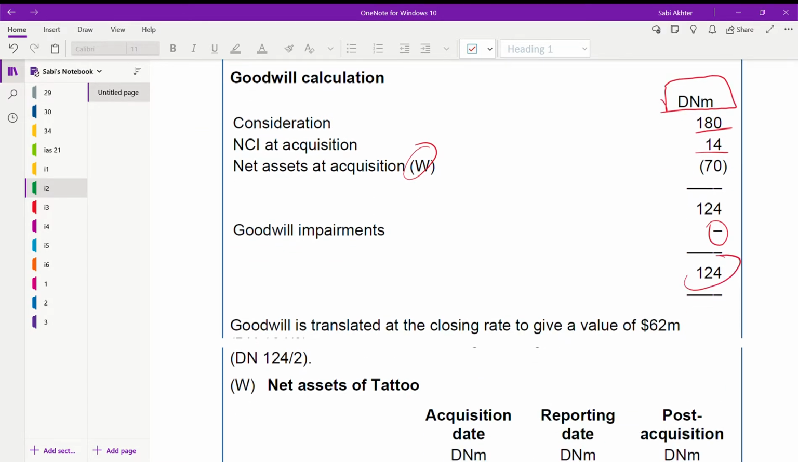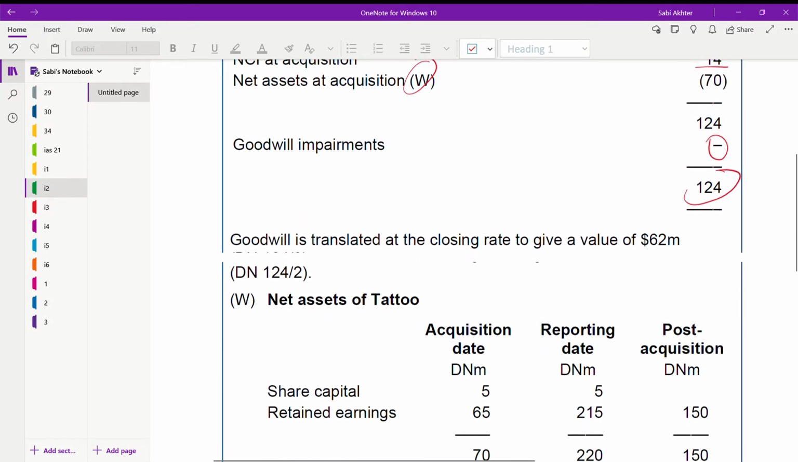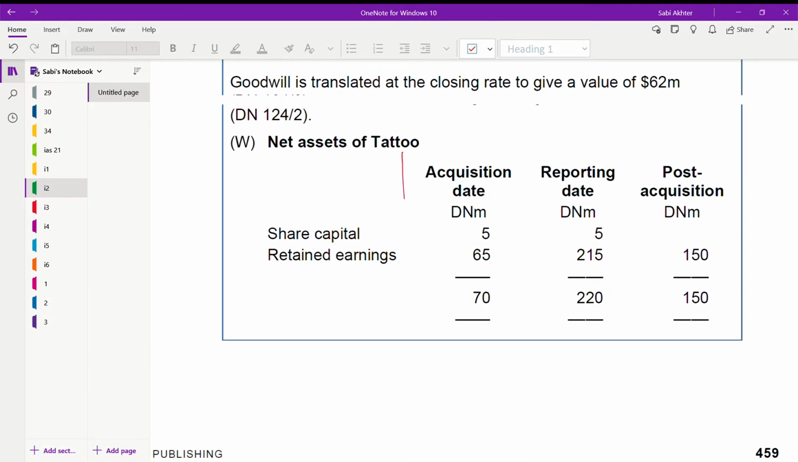But before that, let us first go and find out the net asset, 70. To find that net asset, this is the working that you have to do, and all are in DN, nothing is in dollar. So share capital as it is, you can take retained earnings, and this is reporting date. This reporting date means you have to take from the statement of financial position. Okay, that's why the share capital will be the same 55, only this will increase, and hence that increase of retained earnings is the post acquisition 150, right? You have to keep it, you need it later on,